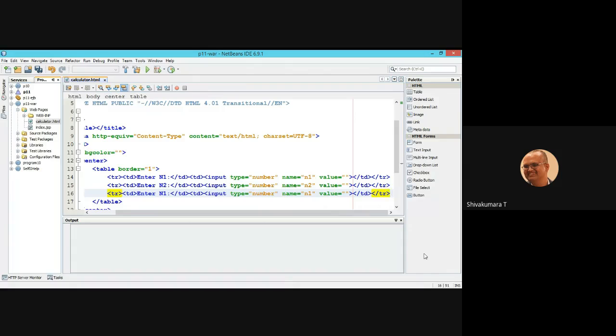Then in the third row, here input type equal to submit, value addition.